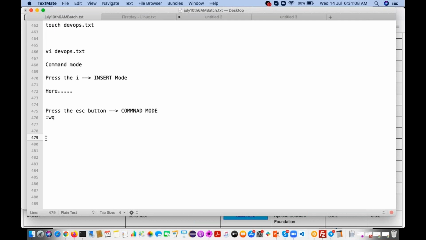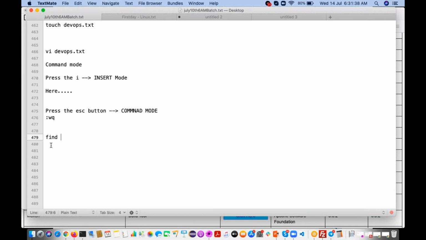But in Linux, we don't have that search option. So how do we search files and directories in Linux? We are going to use the find command. Using the find command, you can search files and directories with some specified conditions.